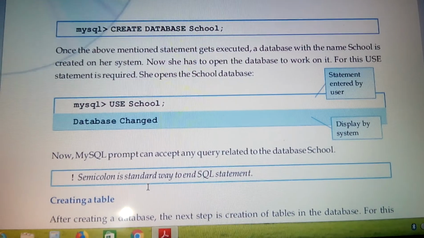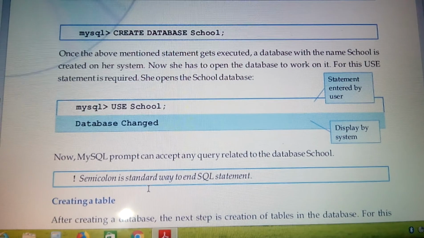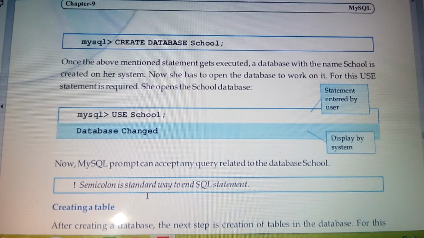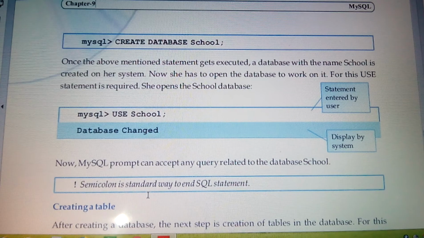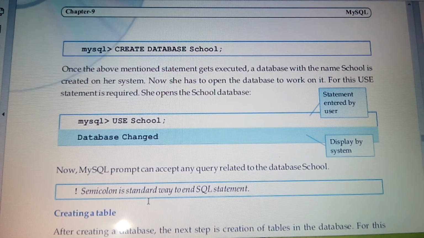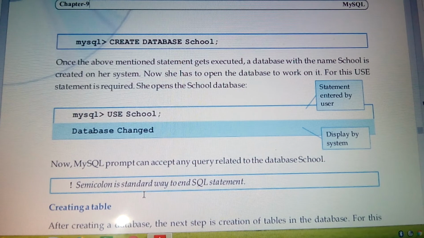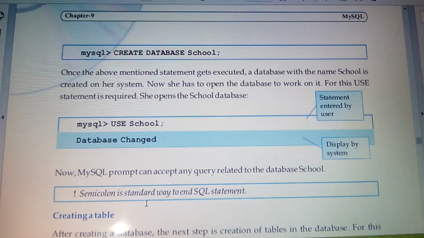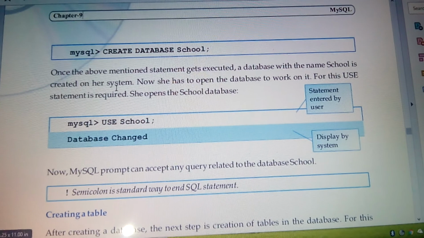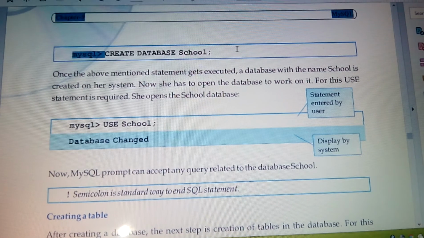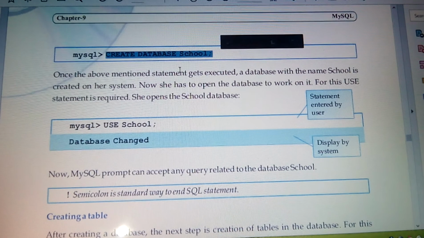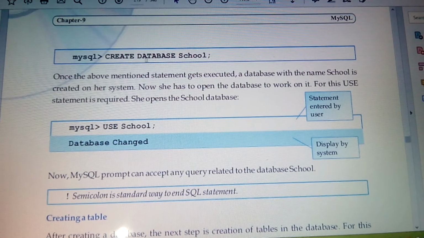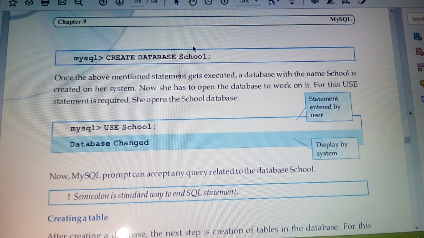Now let us move to SQL statements. The very first SQL statement is create a database. I think we all know the meaning of the create database statement. It is simply meant to create a new database. So how do we make use of it? We write down create database and the database name. Just have a look at this example. Here you can find the example is create database school. That means the database name is school over here. So it's create database and then the database name.